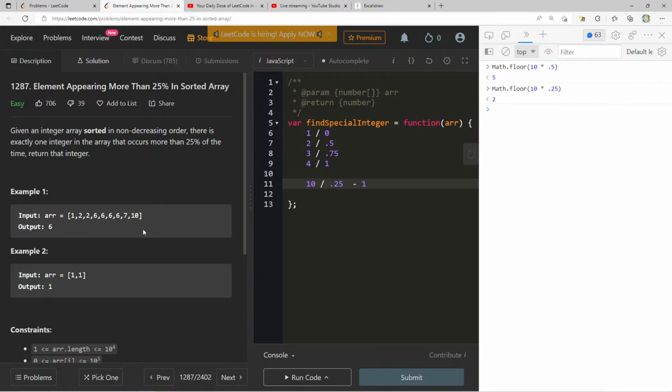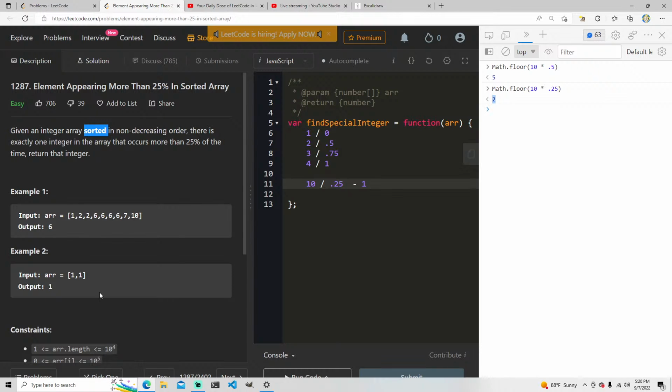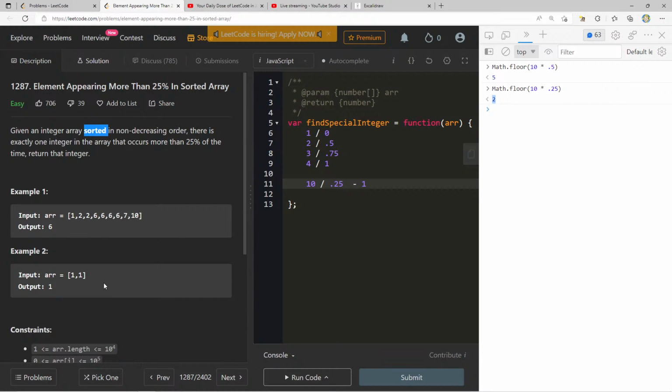I mean, there's also one very easy way to do this, right? So we can do this calculation, and whatever number is greater than this to start off with, but the fact that it's sorted, there's got to be a better way. And look at the bounds too. The array is, I don't want to say it's very large, right? The length that this can get to is 10 to the 4, which is not crazy, but it is sorted, so we must use that to our advantage here.